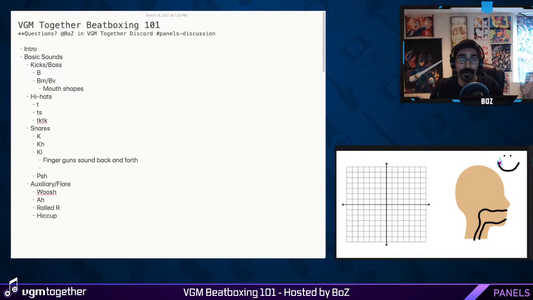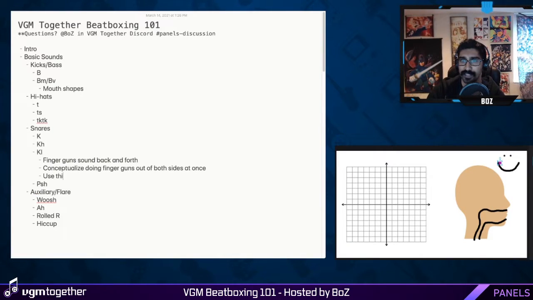Basically, what you're going to do is imagine how you would make finger guns out of both sides at the same time. I don't know if this is possible, but that is what you're going to conceptualize. So let me actually add that to my little notes here. By the way, I would highly recommend taking notes. It's just a good habit to get in for mouth drums in general. We're going to get into a notation and shorthand thing in a bit, but conceptualize doing finger guns out of both sides at once. Use this area to